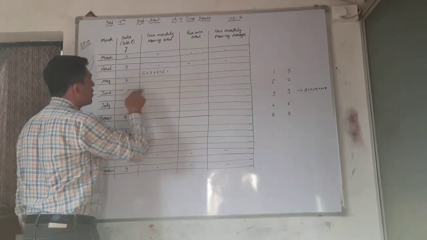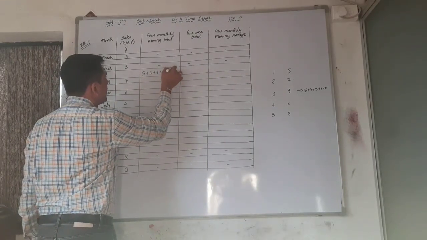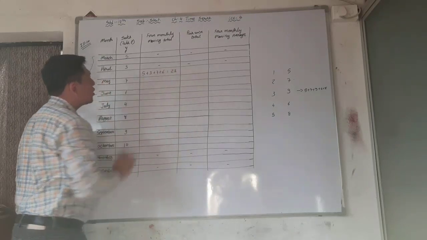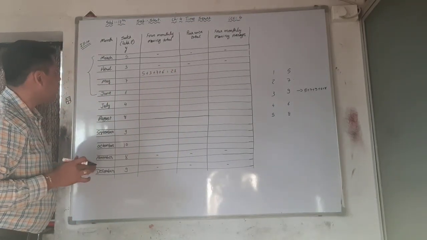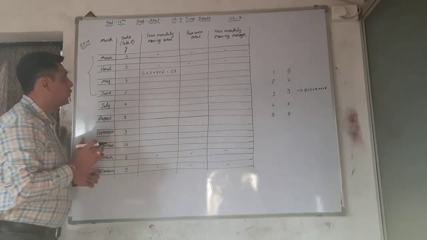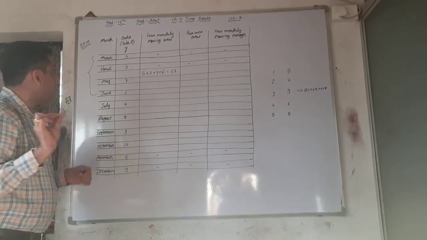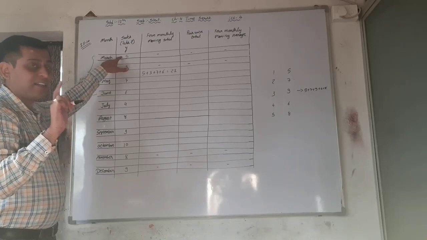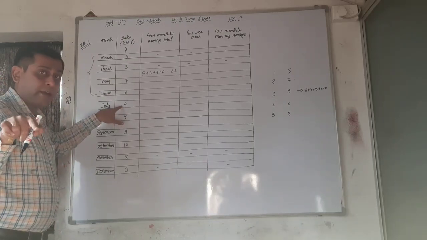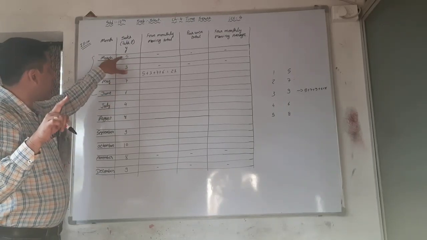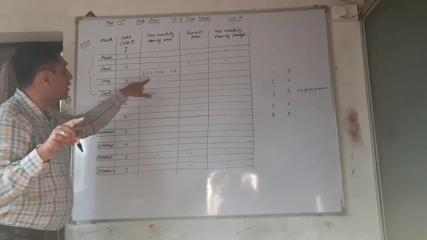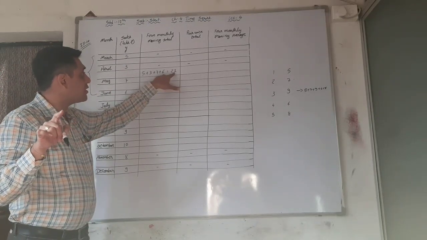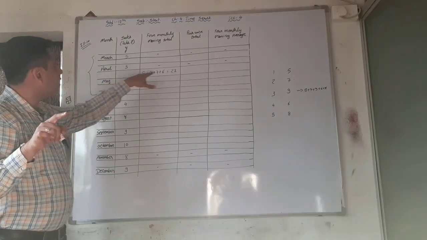First of all, make the total: 10 plus 11, that is 21. Here the total is 21. Now, which procedure do we have to follow? First cancel, next add, right? The first one we have to subtract, and the next one we have to add into the total which is made here.